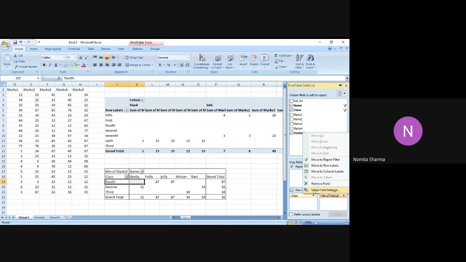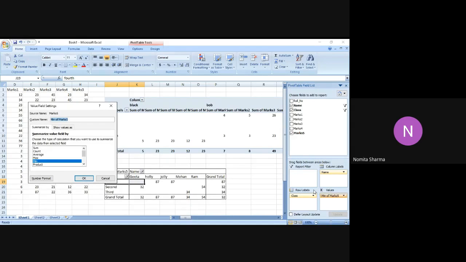Okay, so let me just focus on over here. I can also, if you just notice in this value field setting, the first was the custom name, which I can use to change the name of the field very easily, and the field name in the table will change. And if I have the sum, I also have the last option just below the table. If you see, there is the option of number format. So if I click on that,